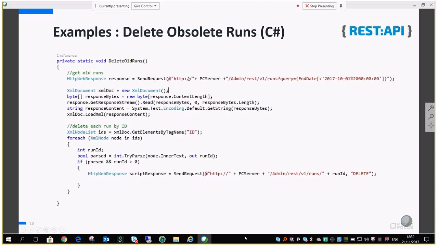So here we see the URL that is used to get all the runs. Something to note here, you can see this is from the admin part, and what's nice about this is that this query will go over the runs across all projects in your system. So you don't need to log in to each project and take the runs from there. It's one query. You have the query here. You can see how we set the filter of getting all the runs that their end date is less than some date,